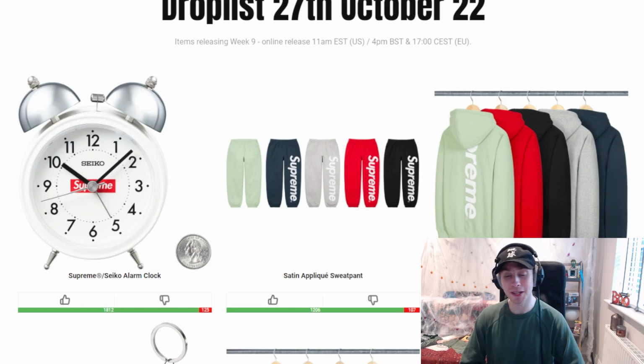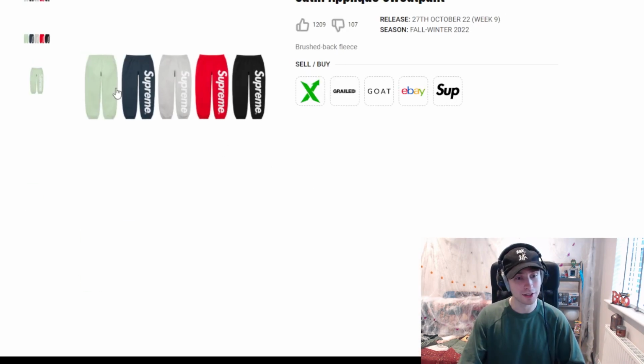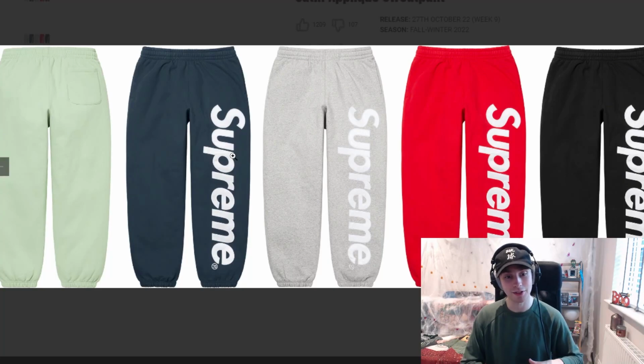From there we have 2 pieces that are side by side matching, obviously because they're part of a set, being the satin applique sweatpant and the hooded sweatshirt or hoodie. This is actually a piece more so aimed towards the sweatpant, that I've seen a lot of people want in the end, which, to be honest, yeah, it's plain and simple. It's a large Supreme spell out, decent colourways across the board. People want it. Obviously, there are a lot of people who are asking as well in relation to it, because some of the images that were posted were like 1 or 2 colourways where you couldn't really see things too